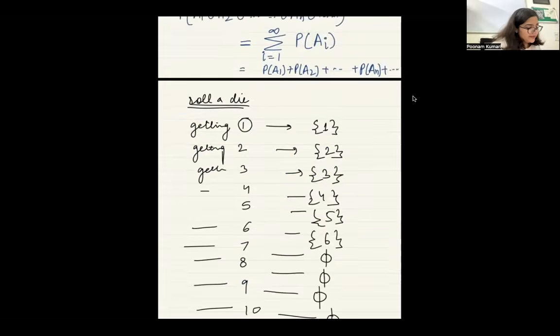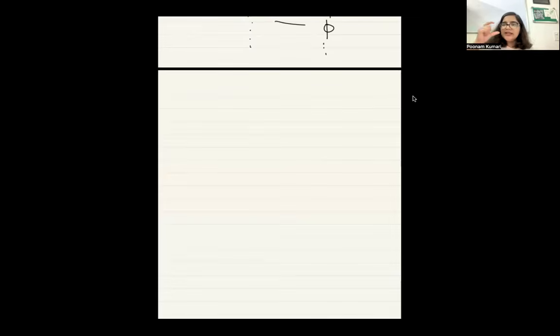Whenever we create axioms, we always want that this list of assumptions should be as small as possible. I don't want to assume so many things. I want to assume the least possible things. मैं चाहती हूँ कि मेरी जो लिस्ट ऑफ एक्सियम्स है, we want the list of axioms to be as small as possible. Rest, anything which can be derived from those axioms, I will derive it. But I want this list of axioms to be as small as possible, right?